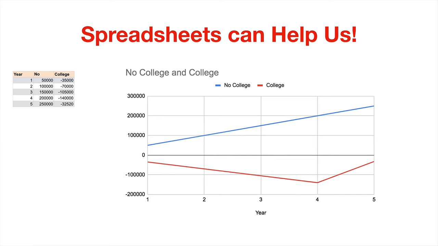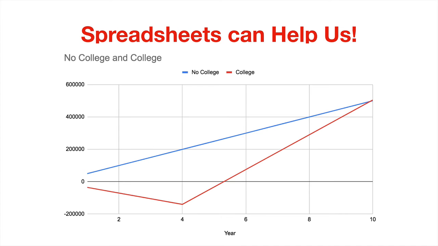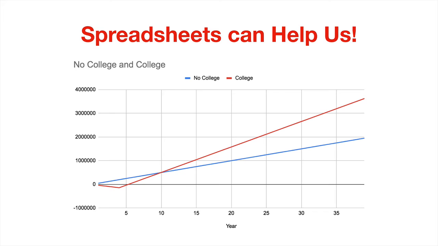Here we have an example of just opportunity cost in general. As you can see, not going to college, you make more money over 5 years. And even at 10 years, you make about the same amount of money. So over 10 years, going to college doesn't really pay off. It only pays off after the 40-year mark when that higher salary leads to higher retirement savings. So in this sense, we can also use spreadsheets to help us look at the long-term goals of what we want to accomplish in our lives.